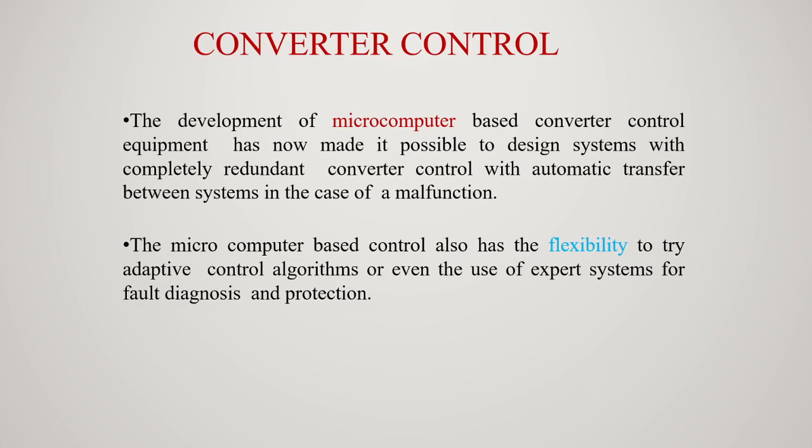As force commutated converters operating at high voltages are uneconomic, the development of devices that can be turned off by application of a gate signal would be desirable. Gate turn-off thyristors, that is GTO, are already available at 6 kV and 4000 amps. However, the main disadvantage of GTOs is the large gate current needed to turn them off and low switching speeds, which do not allow pulse width modulation.